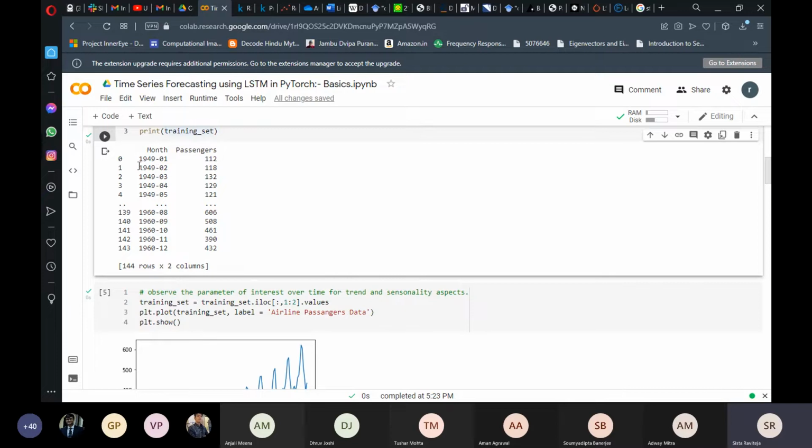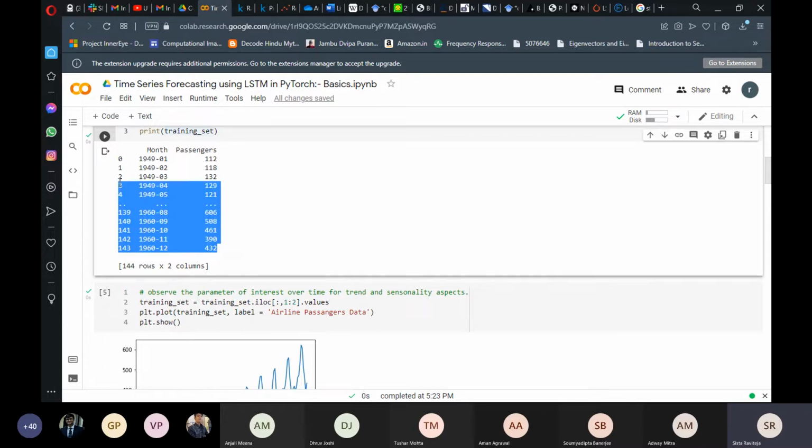Like this, I will go from the second month till the fifth month and predict the sixth month. So I'll be chunking my data into sequences of 4 months and predicting the fifth month, and doing it for the entire data set.